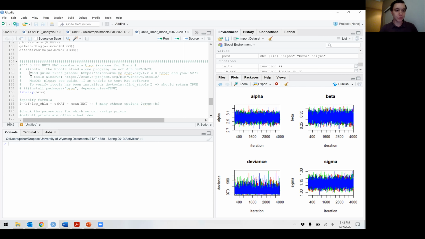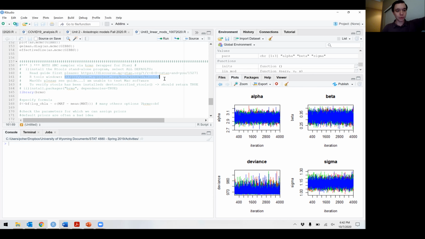They actually improved, I think, how to install RTools. It used to be kind of a convoluted process. Ever since R 4.0, it's a much simpler process. I have a link here to read up on it, which includes how it's done on Mac OS that I cannot test. I'm not using a Mac. I don't have access to a Mac. I'm sorry about that. I have tested it on my PC, and following these instructions, which are relatively simple,